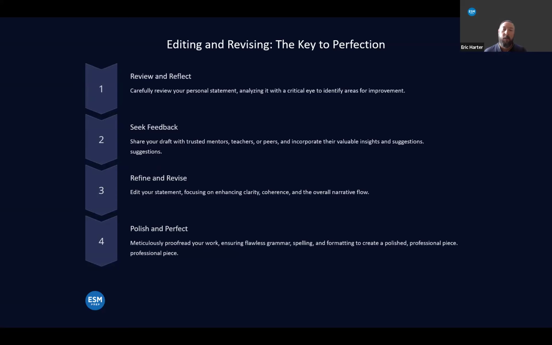Grammar and spelling. Yes, we know we have a lot of grammar and spell check type resources, but in the end, make sure it's correct for you and that it has the professional place and professional piece because we cannot submit an essay that has glaring issues when it comes to grammar or punctuation, spelling, things like that. We want to ensure that when we are submitting our personal statement, the one we spent the most time on, that it is free of errors.